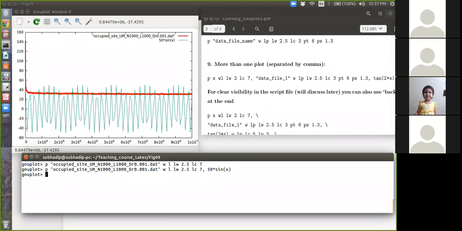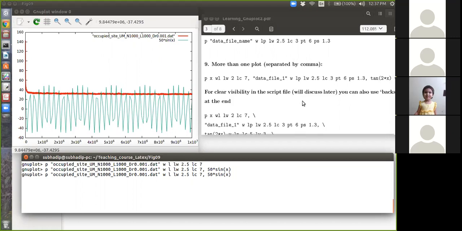So this is the way. Just separate them by a comma. You don't need to put the plot command again. Just one single plot at the end, and then this command, comma.